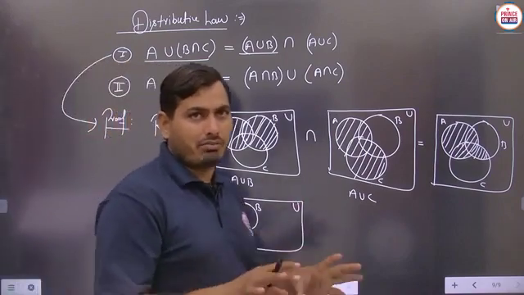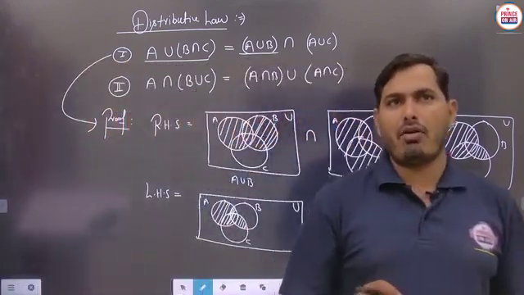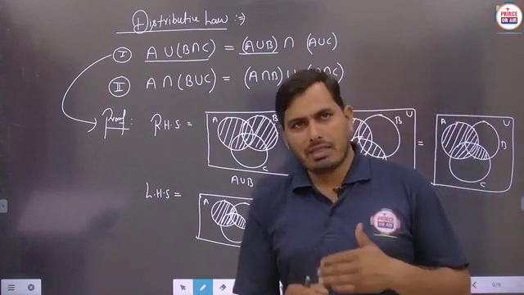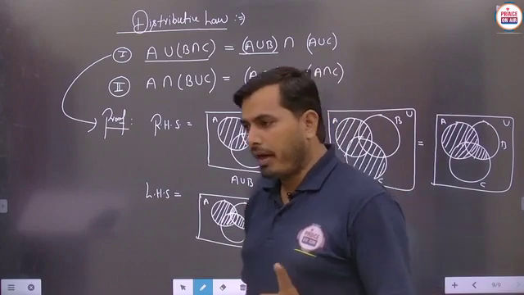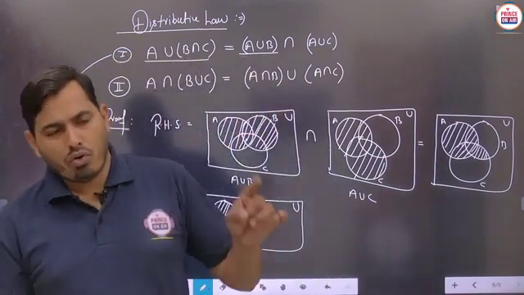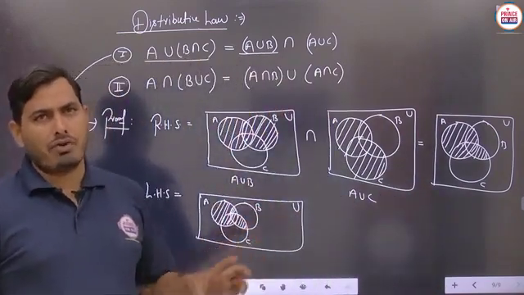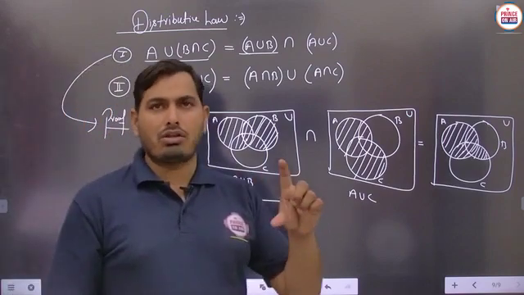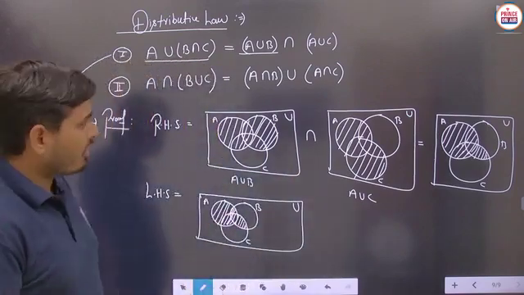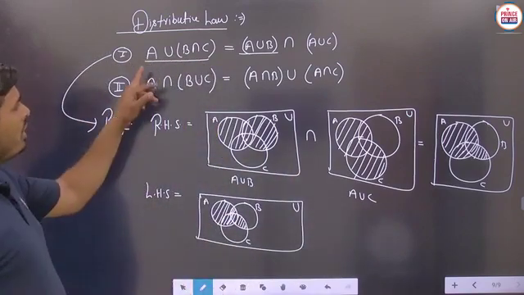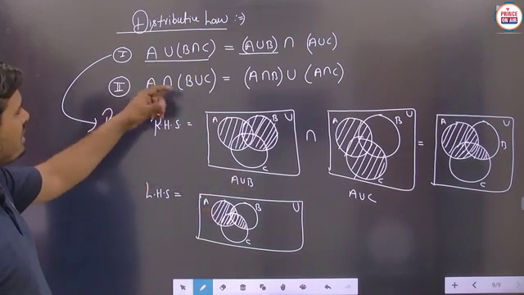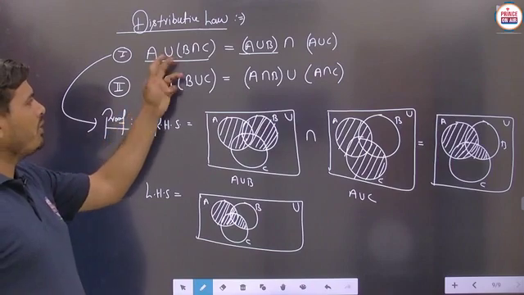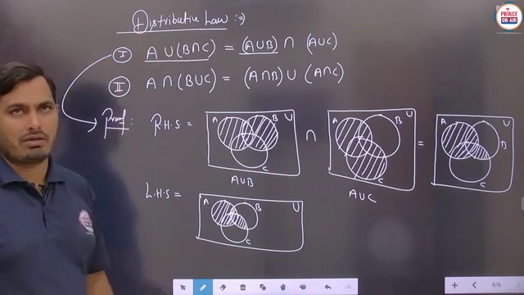You can just make the Venn diagram of each and every part properly, and as per the information of union and intersection, you have to keep in mind, in the union case the whole part is to be taken, but in the case of intersection you have to just take the common part. Is it to be clear? So I think students, the very first law should be known as the distributive law, and in this case this particular union will be distributed over the intersection. Is it to be clear?